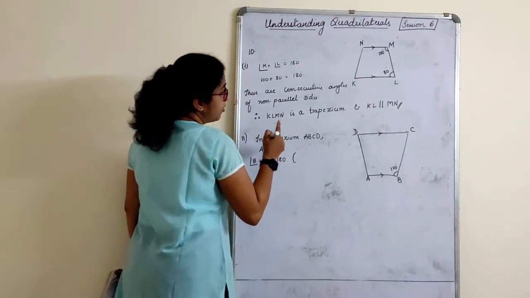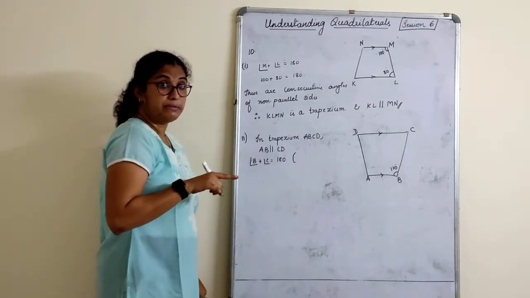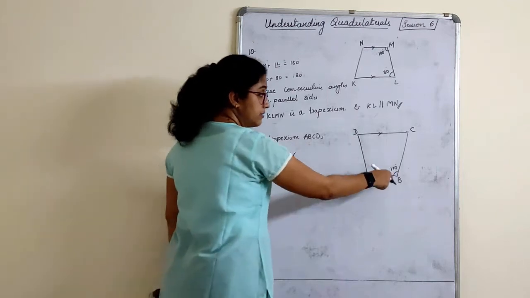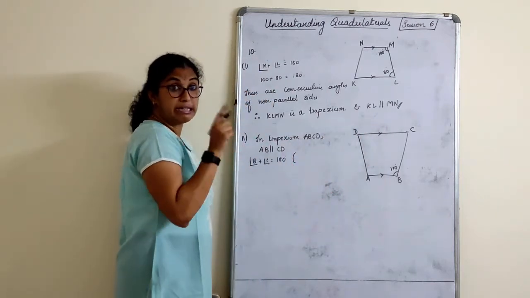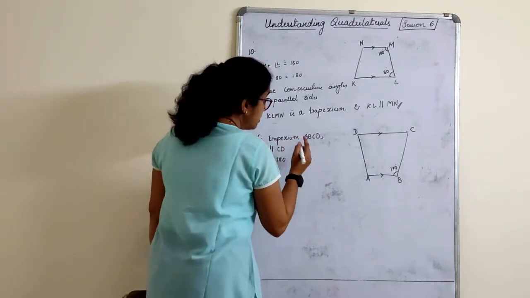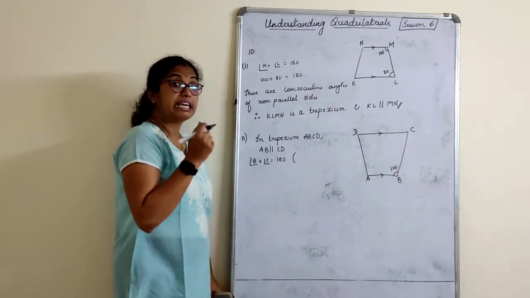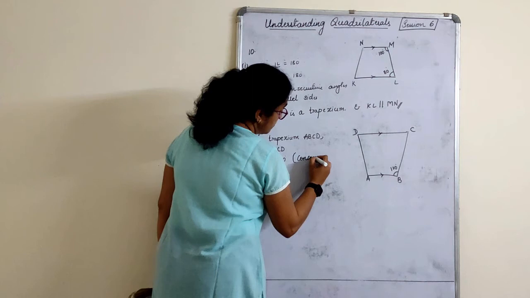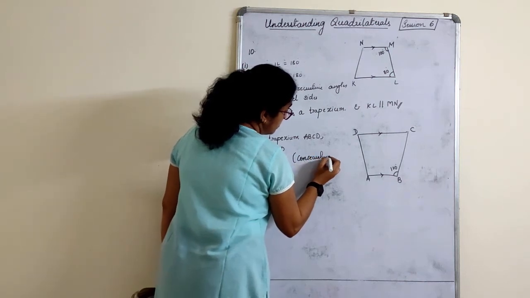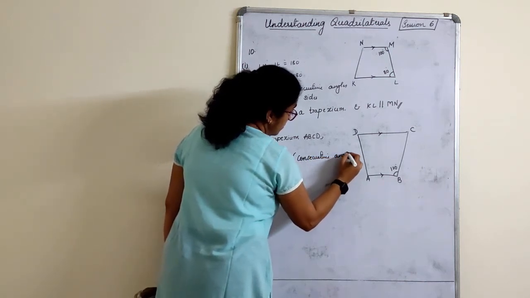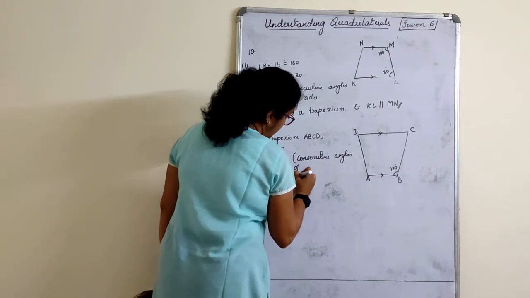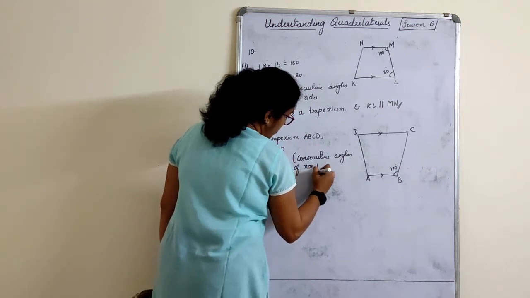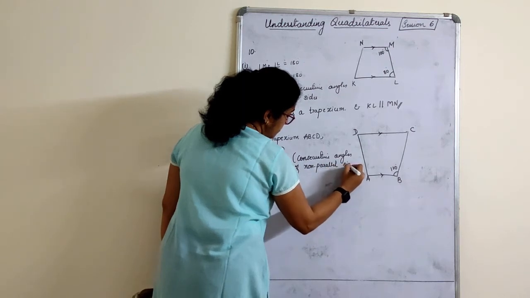Reason? You cannot write only that consecutive angles are supplementary. It has to be written: consecutive angles of non-parallel sides. That's very much important. The reasons you write should be accurate and correct. Consecutive angles of non-parallel sides